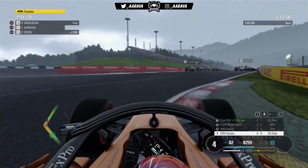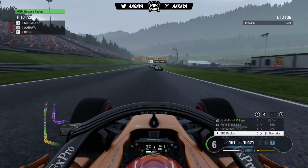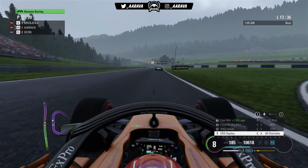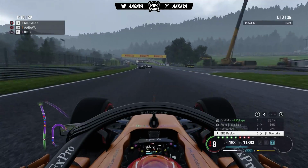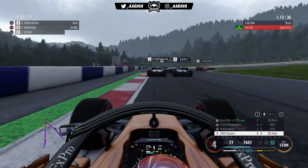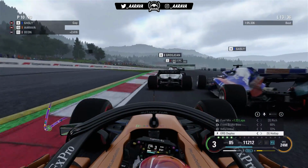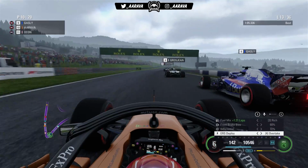And now onto lap 13 into turn 1, there's another car round and sideways in the same kind of way Perez was. It's a Renault car, I think of Carlos Sainz there. And meanwhile, now as we catch up to Grosjean, a whole gaggle of cars, Gasly, Leclerc, Bottas as well. So there's a heap of traffic for both me and Grosjean to contend with. And so now this might help me out to maybe overtake Grosjean a little bit faster than I was